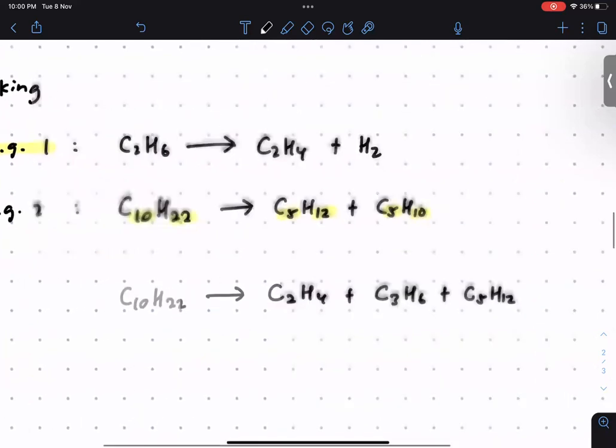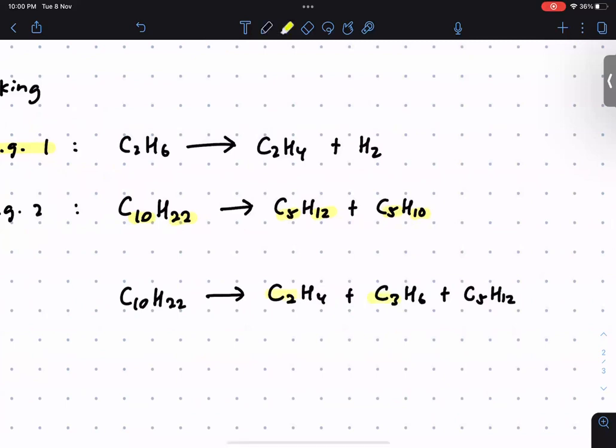So you can see here, right? I have 3 different fragments. I have 1 carbon, 2 carbon atom, and 3 carbon atom. And then the last one is 5 carbon atom. All right. So total, I got 10 carbon atoms. Correct? Tally. What about my hydrogen? I got 4, 6, and 12. Correct. So it's 22. But what you notice is that I can only have 1 alkane at a given time